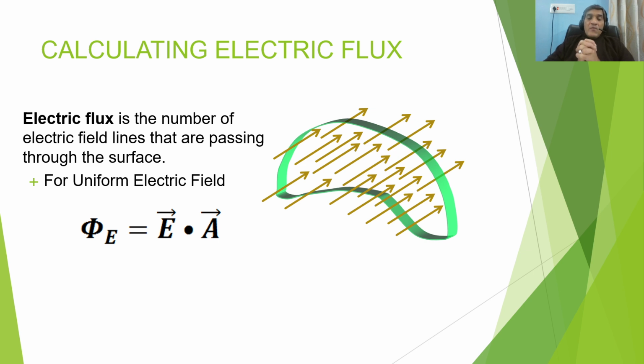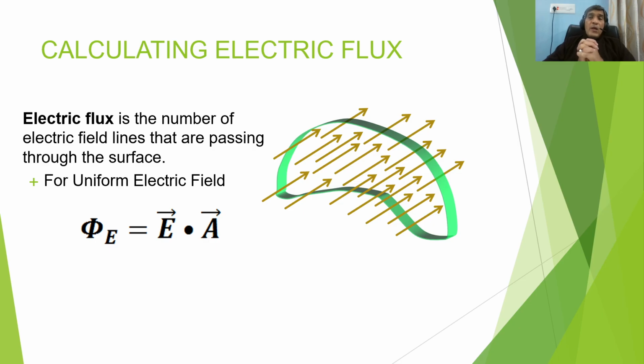In other words, electric flux is directly proportional to, or directly furnishes the information about, the total charge or net charge enclosed by the surface. Here we again use a new term, net charge. What is the meaning of net charge? It means that if we have a closed surface with some charges, like one is a plus q and another charge is a minus q, and these two charges are enclosed inside the hollow sphere, and someone asks what is the flux through the sphere, the answer is zero.